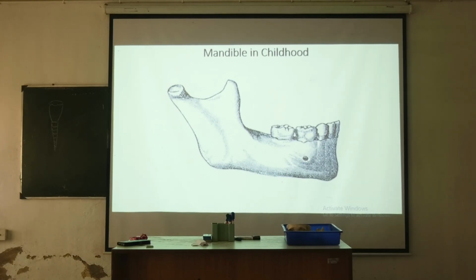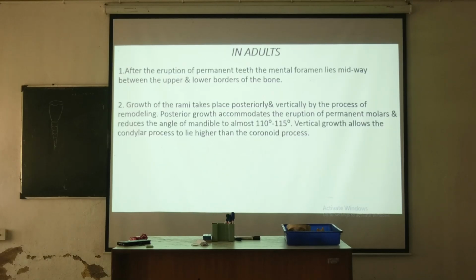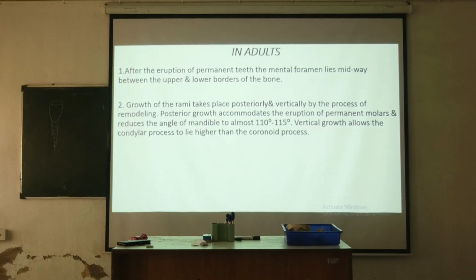See, the angle is decreased. The condylar process is raised above. In the alveolar process, growth has occurred. So the mental foramen is lying at the midline between the alveolar border and the lower border. Next, in adults, after the eruption of permanent teeth, the mental foramen lies midway between the upper and lower borders of the bone. And growth of the rami takes place